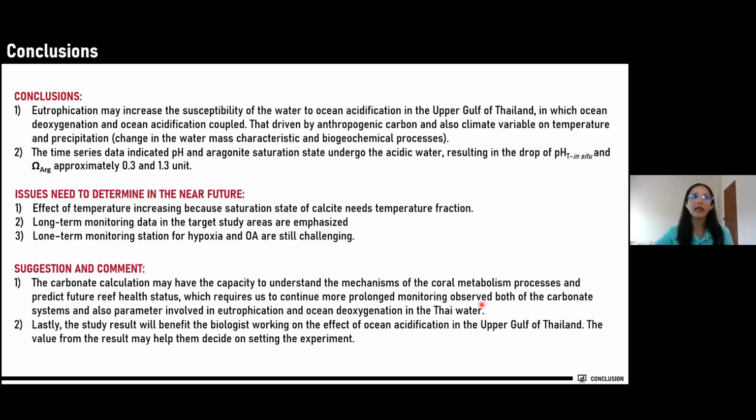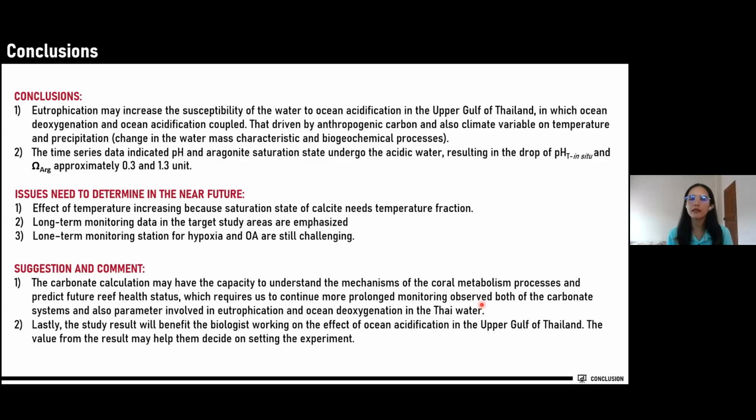In the near future, I have to do the following. Firstly, the effect of the temperature increase, because the saturation is a temperature function. And secondly, the long-term monitoring data at the target study sites are emphasized. And thirdly, monitoring stations for hypoxia and ocean acidification are still challenging in this area because the upper Gulf of Thailand, even though this area is small compared to other study sites, needs capacity building, and when we have the crew